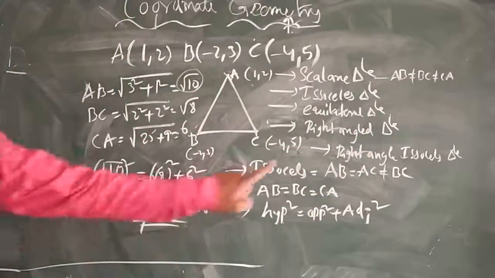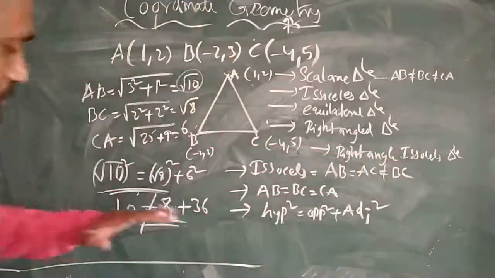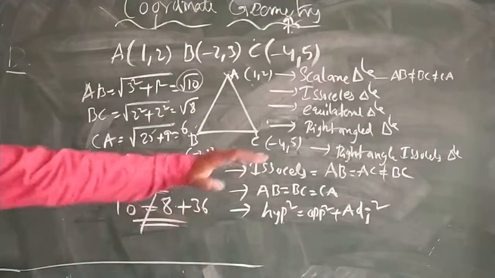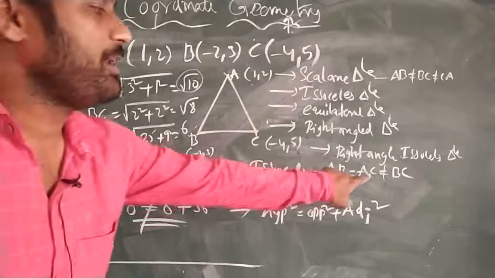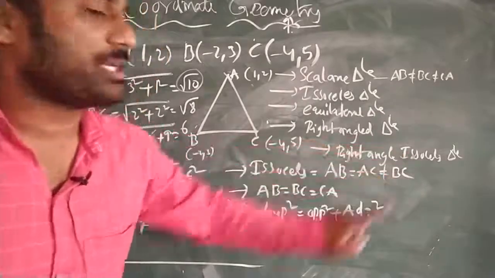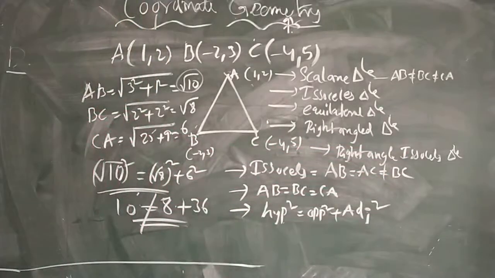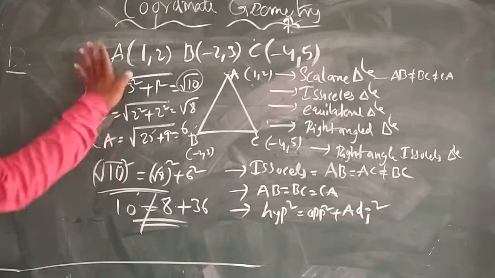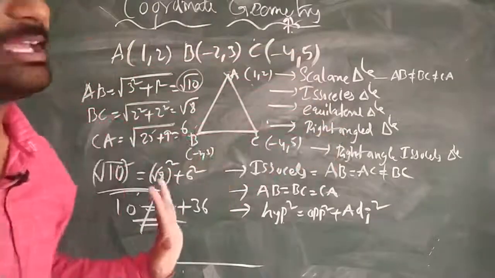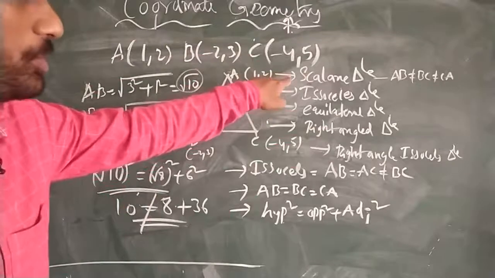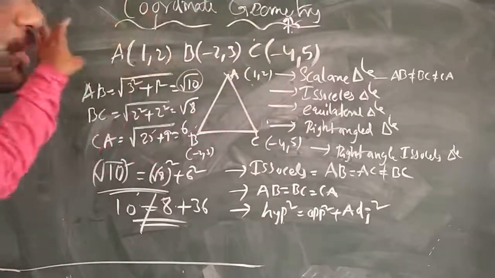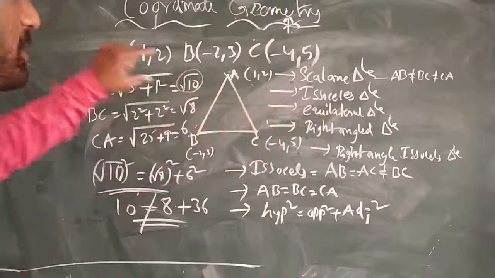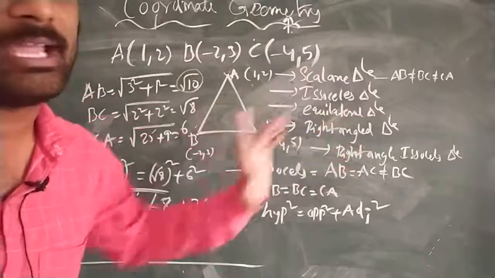Now, in order to check a right angled isosceles triangle, first it needs to satisfy the right angle triangle condition, and in that, if any two sides are equal, then I can call it a right angle isosceles triangle. So whenever 3 points are given, these many questions he may ask in the exam. He may ask to show the given points are a scalene triangle, an equilateral triangle, or a right angle isosceles triangle.